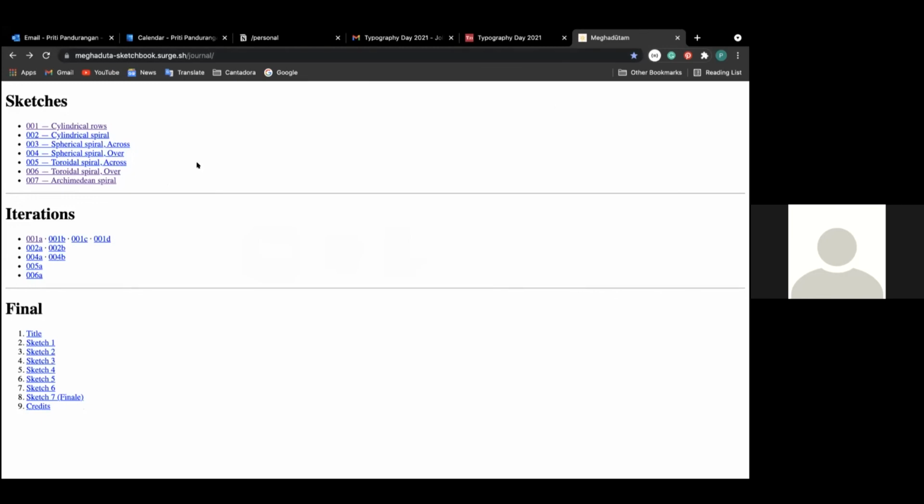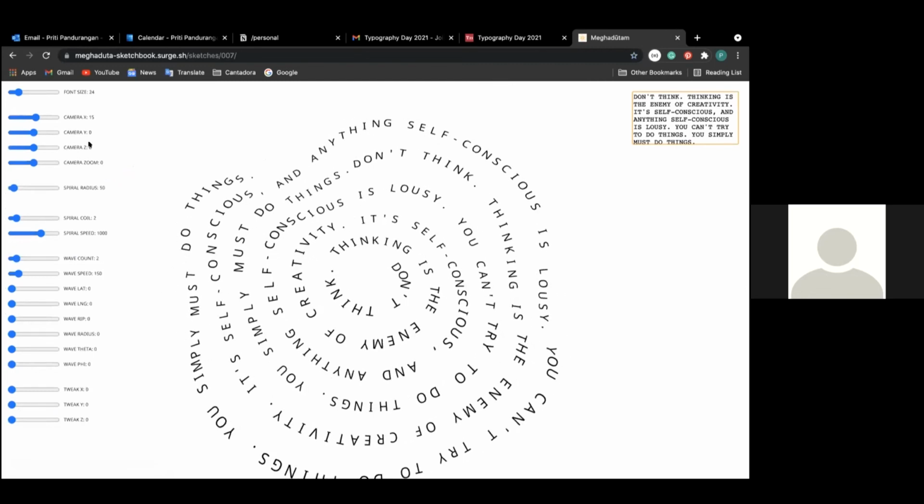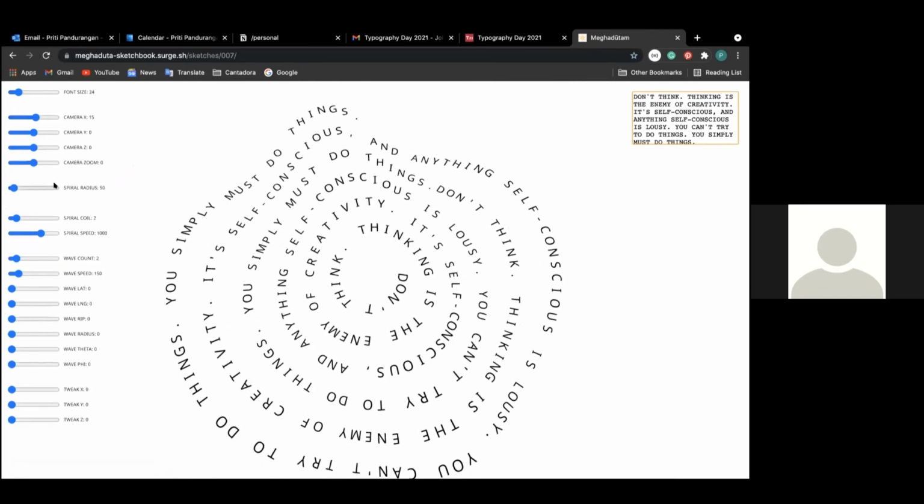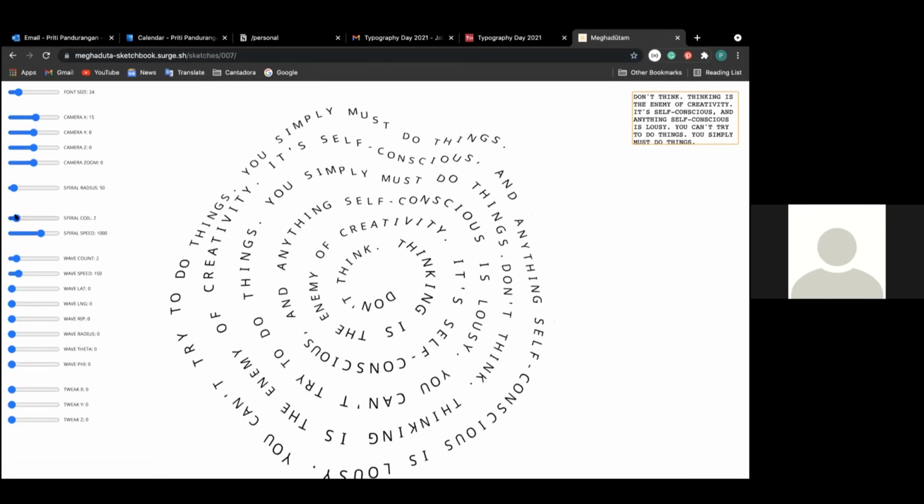The initial process, what I did was take the specific paragraphs that I wanted to address from Meghadutam, and then I mapped them to a physical movement which made sense. For example, for the first paragraph, I wanted a circular shape and motion, and then I wanted it to coil in and out. So I would start off with a simple geometrical shape and wrap the text around it. And then I had coded all these individual values that I could change and experiment with.